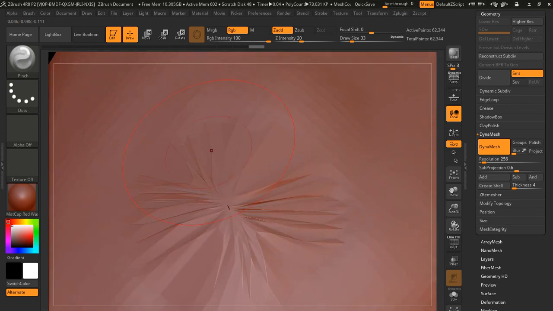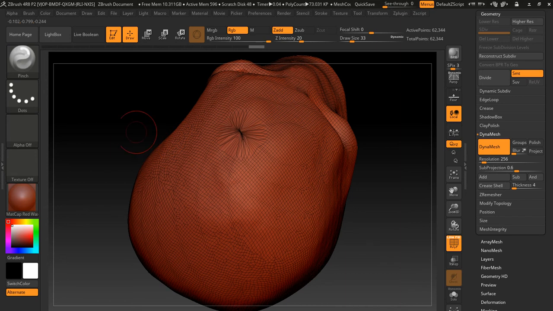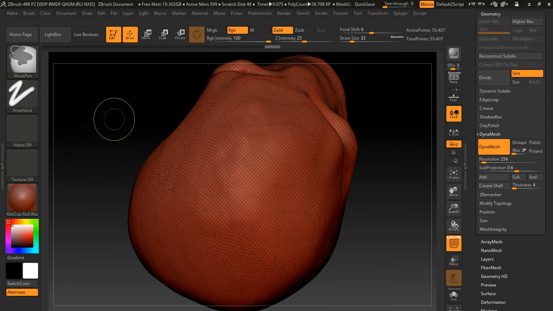Now you'll notice if I turn my wireframe on that I've stretched out the points in here. This is one of the cool things about Dynamesh, is that it basically figures out what the shape of it is and rebuilds the mesh every time we tell it to. Okay, so if I hold the control key and I drag off here on the side, what it's going to do is it's going to rebuild that mesh. And what it should do